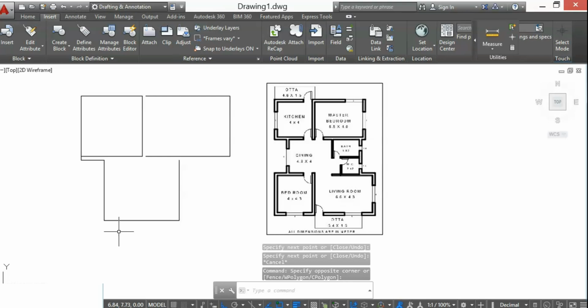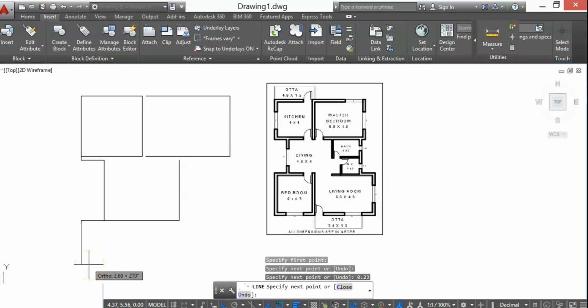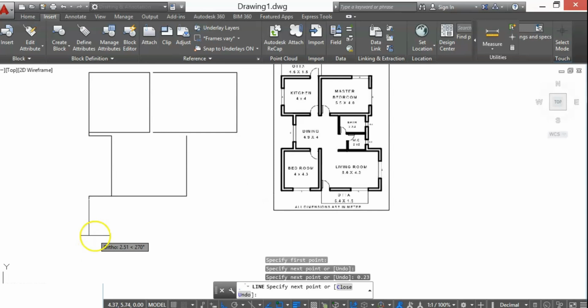For the next bedroom, again I'll add wall thickness 0.23, enter. Length is 4 meters and width is 4.3, so I'll enter 4.3 and 4.